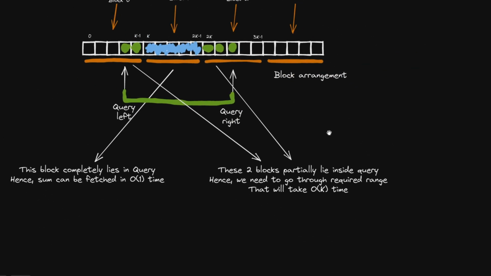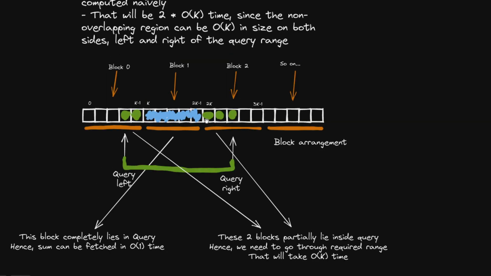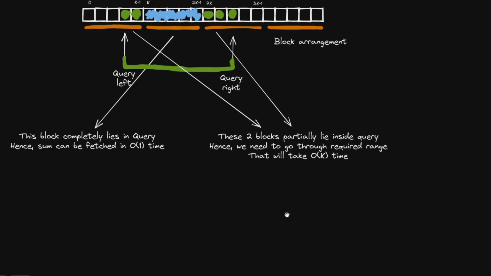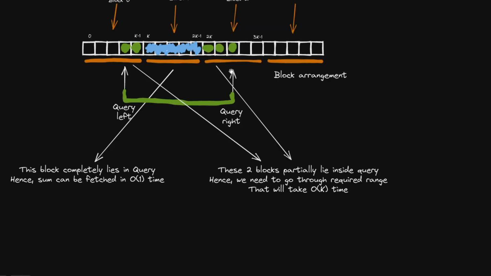So in that case what we will need to do is we traverse these indices naively. So if we had to traverse these green indices naively, then that operation can take order k time,